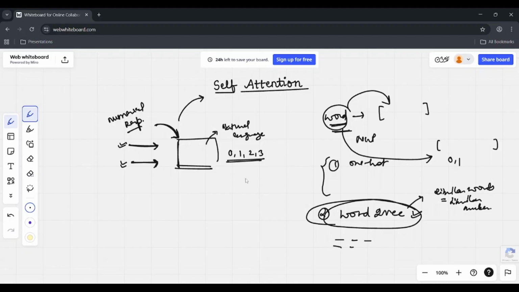So if I am saying that I play cricket in the cricket ground and I say I play hockey in the hockey field, then by the word2vec technique, the embeddings that I will get for cricket and hockey will be very close because they are used in similar contexts. So this is what the word2vec technique is. It not only represents the word in numerical representation, but it also captures the semantic meaning of the word. Similar words will be present in a similar space in the vector space, they will be very similar to each other.